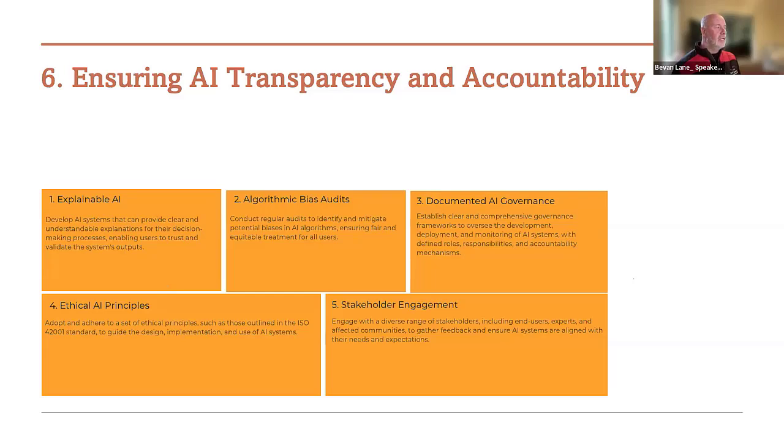And the ethics is the next one. Take the principles. What is ethics? How do we apply it? How does it come back to those first three: explainable, algorithmic, and documented AI governance? And how do we have principles in place that are strongly ethical? And the more you are focused on ethics, the more you understand that you want to do things in a way that doesn't bring out these results, the better this process is going to be.